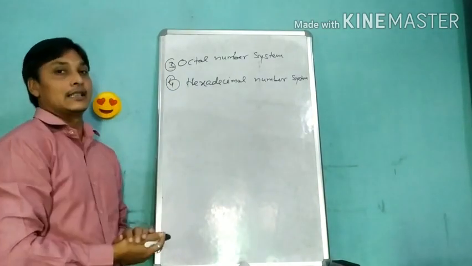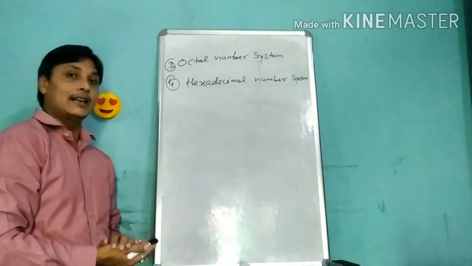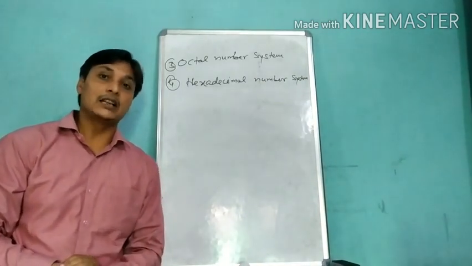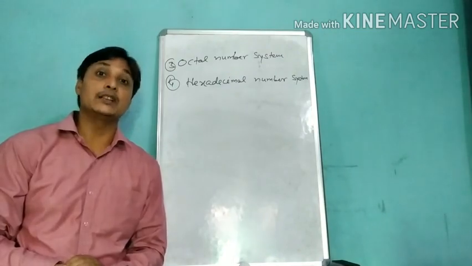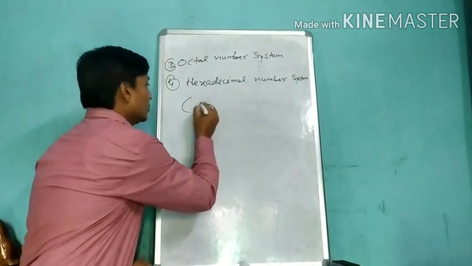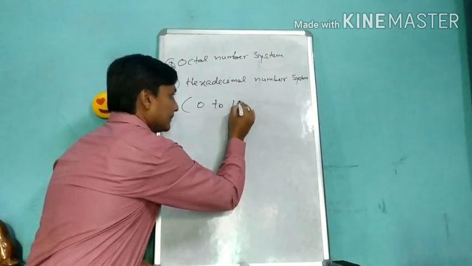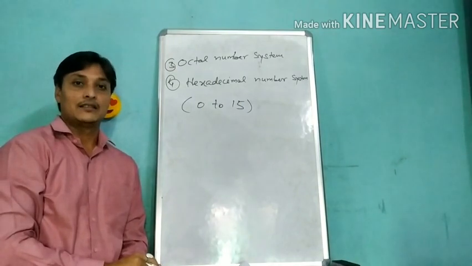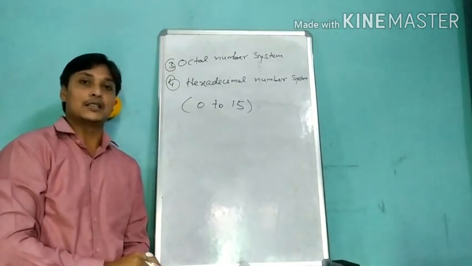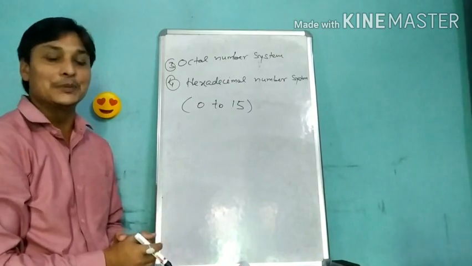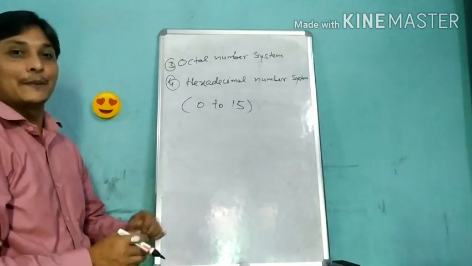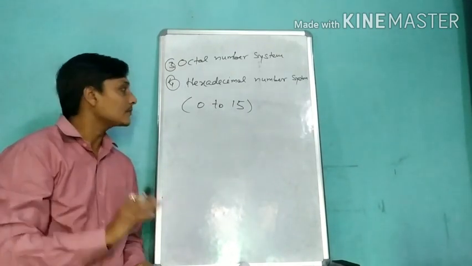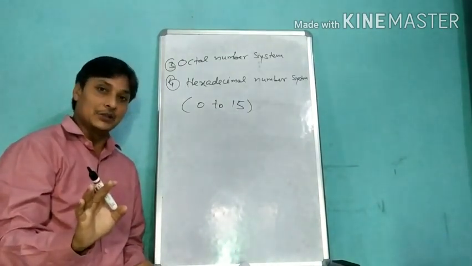Student, hexadecimal. Okay? Hexadecimal number systems are those types of number systems where the numbers will come between 0 to 15. Pay attention, everyone. 0 to 15. Clear? I know you are taking too much pressure right now because your examinations are going to start. So don't panic. Just pay attention to how you have to do all these things. Hexadecimal number system, I am telling you.